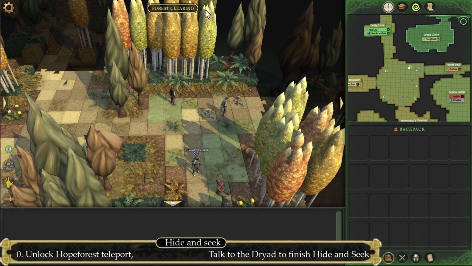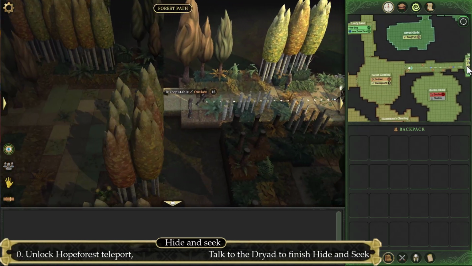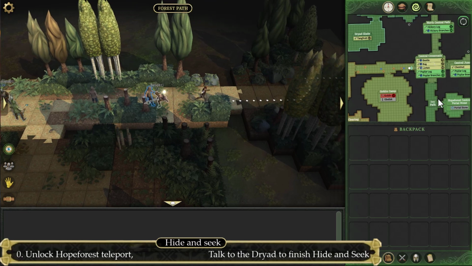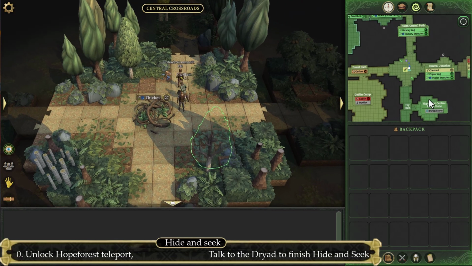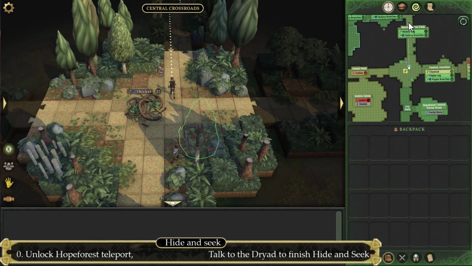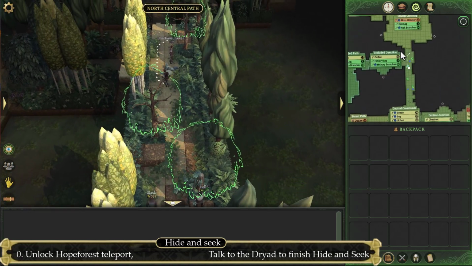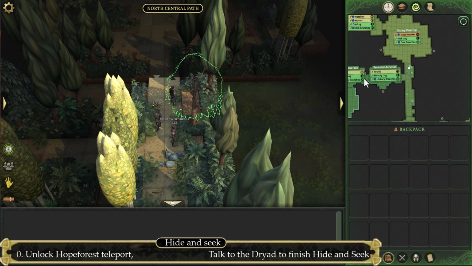After we have arrived at Forest Clearing and Corporal Bins told us to continue eastward, let's do so, to Central Crossroad. If you have yet to unlock the Hopeforest teleport, then first head south and then east to unlock it, as we will be using this teleport multiple times during this quest. Next, head north to North Central Path, and keep going north until Jermais will ask you if we should split up or not. Say that you split up and then head westward twice